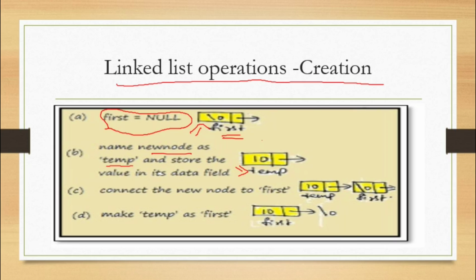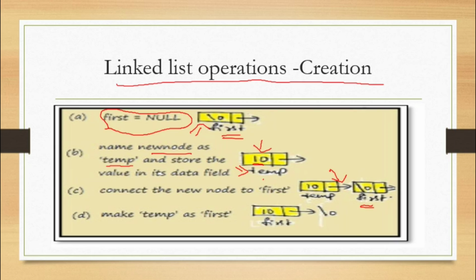Then you fill its data field, which is the 10. Temp will also not point anywhere, but it will have data. Now you connect temp to the first. When you do that, temp's link field will point to the first node. Next, you see temp is connected to first, so here you have inserted into the beginning,